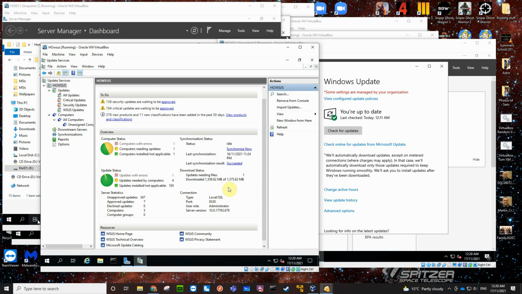Normally what I would do is I would maybe create an organisational unit or a group, or put a test machine in there, run the updates and make sure that everything was going okay before I actually deployed it out into a production environment. You really want to do that. You really want to test it all first. Normally,